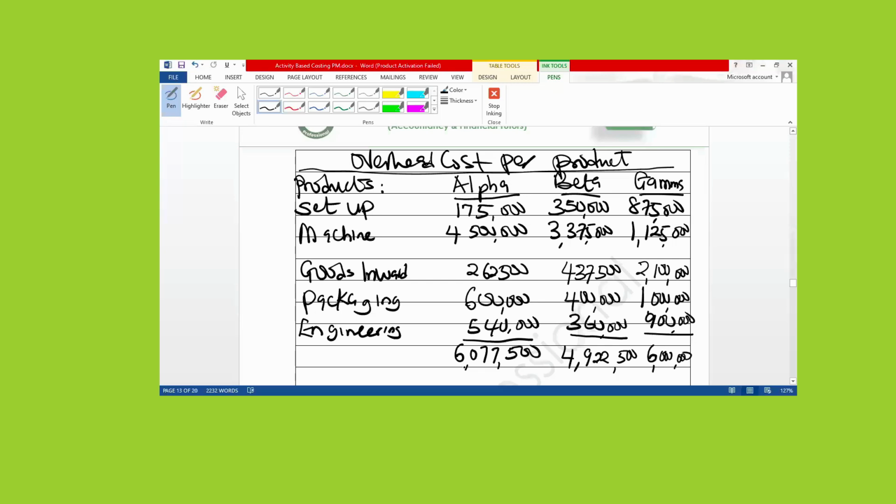Sum the three together: 6,077,500 plus 4,922,500 plus 6 million. It must give you 17 million, a round figure. Yes, because the total overhead incurred by the company is 17 million. If you check the question,